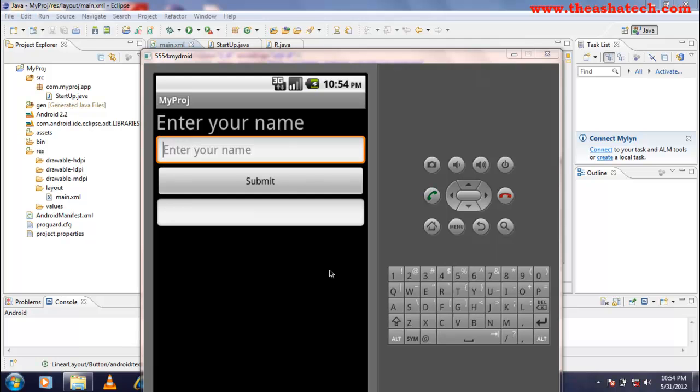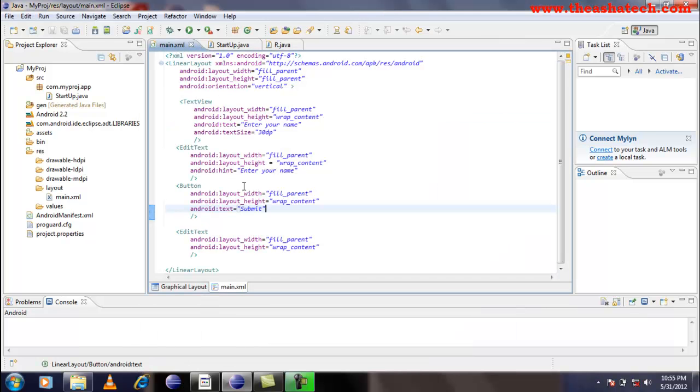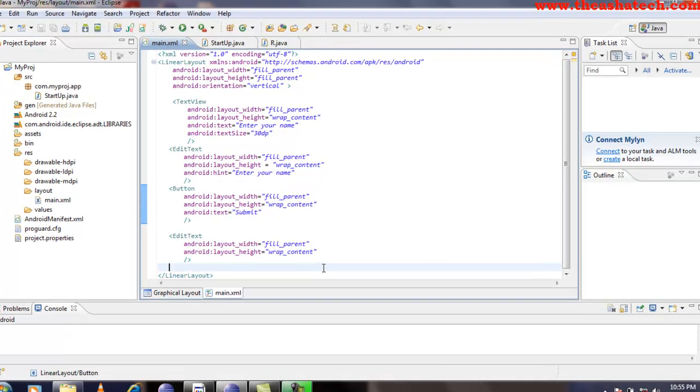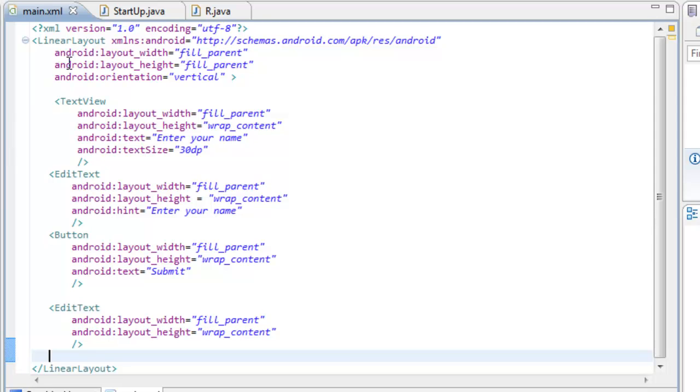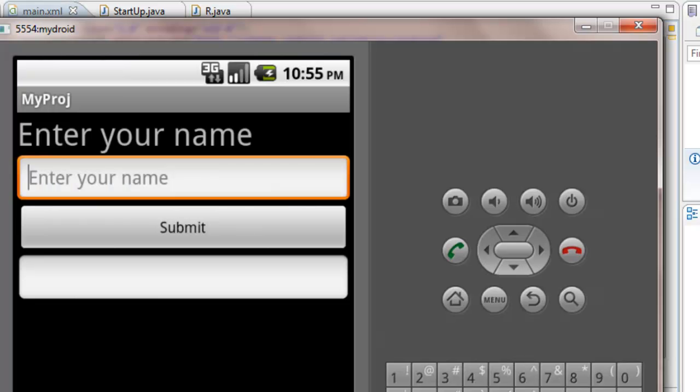In the previous tutorial, we have seen this output. This output is from this main.xml file. We have already edited this main.xml in the previous tutorial. Right now in this tutorial, we can see how to handle the event that was generated by this